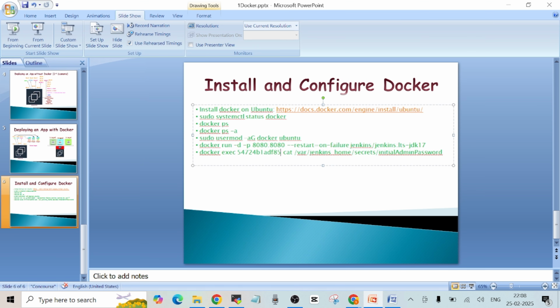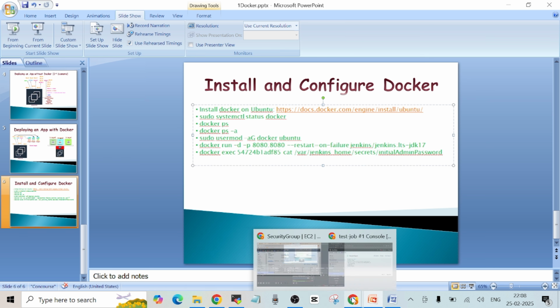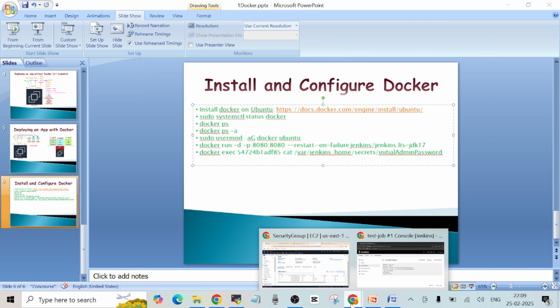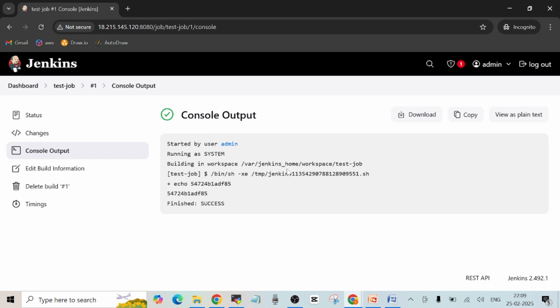And as you can see, it is the same which we used. So this is the same container ID. Okay, if I go here again, you can match it. It's ending with ADF85, ADF85. Okay, so it is giving us the right hostname, which is also the container ID of the Docker container that we are running. So this is how you can deploy an application as a Docker container,